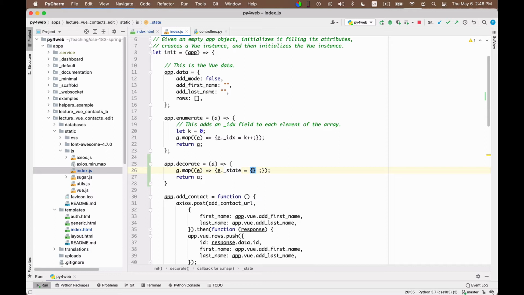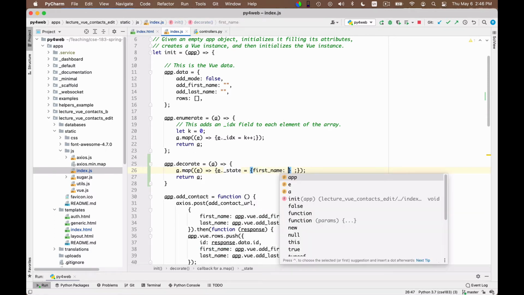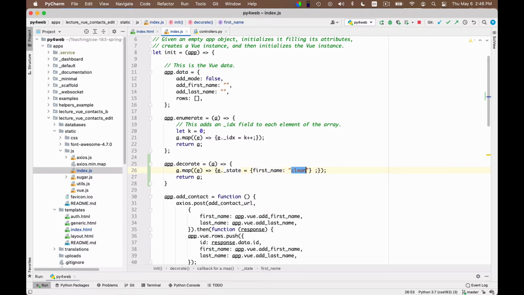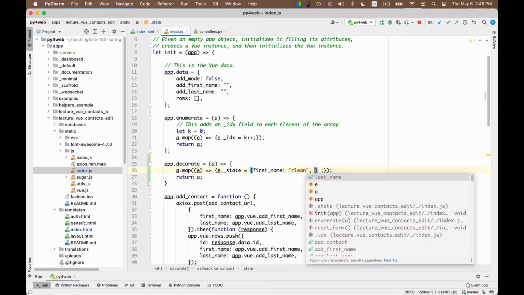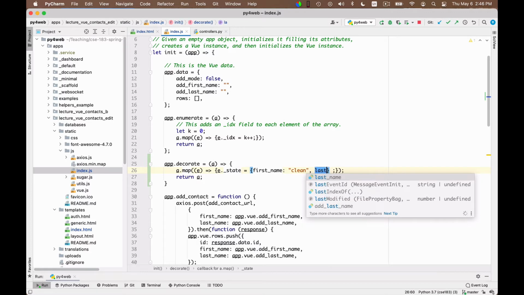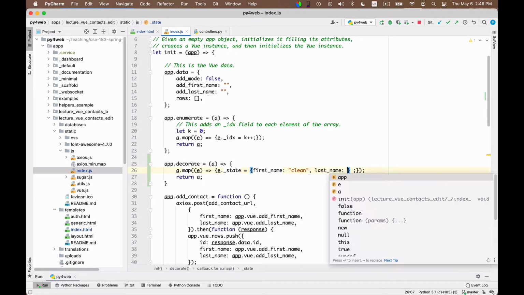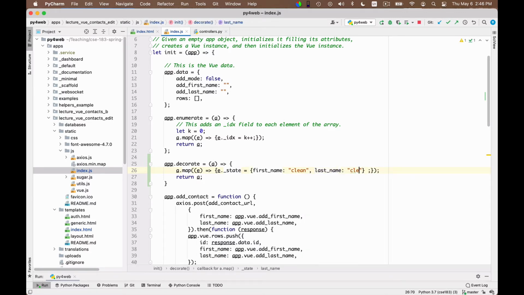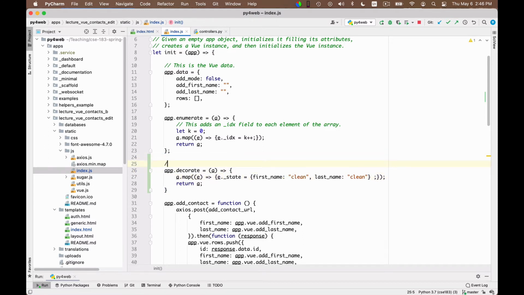This JavaScript object originally will tell me that the first name is clean, which is the state I use to denote that it's read-only, and the last name is also in clean state.